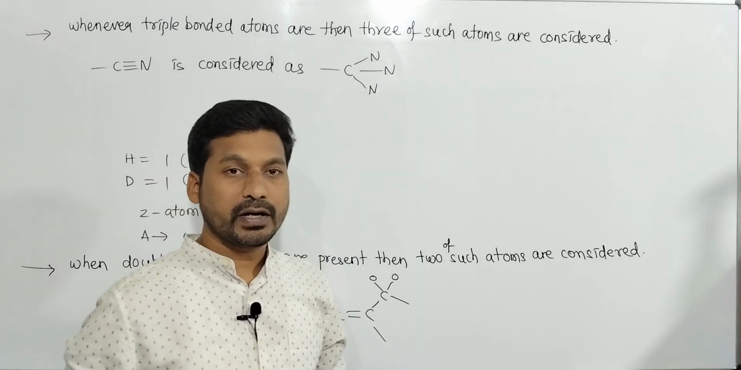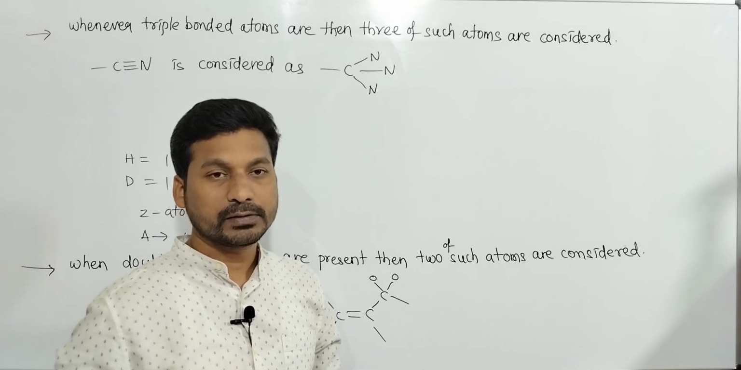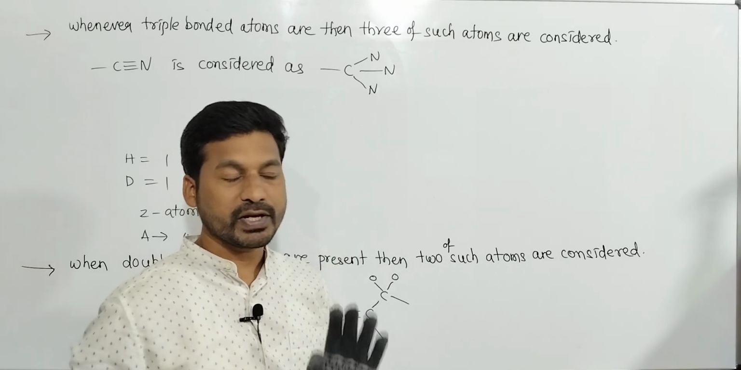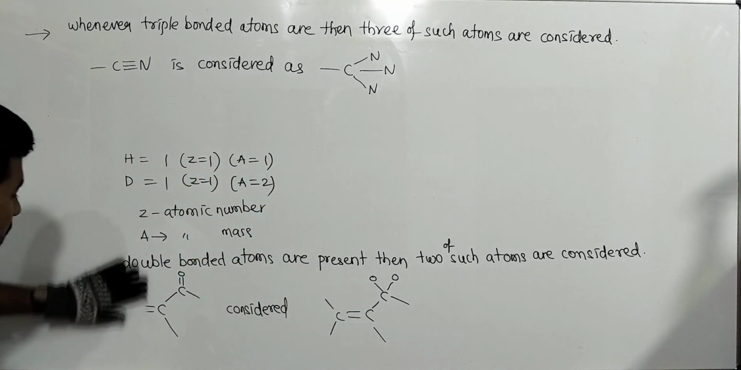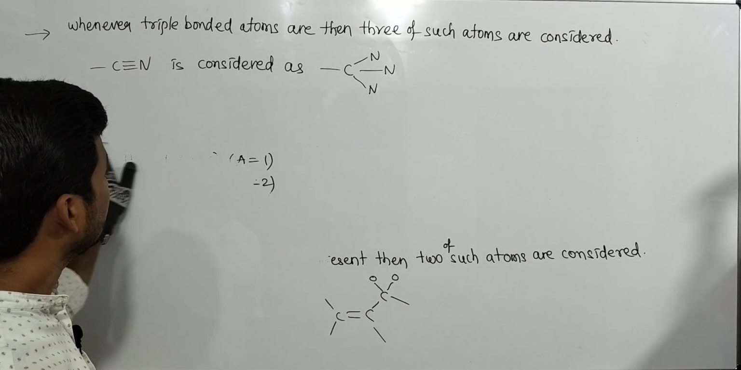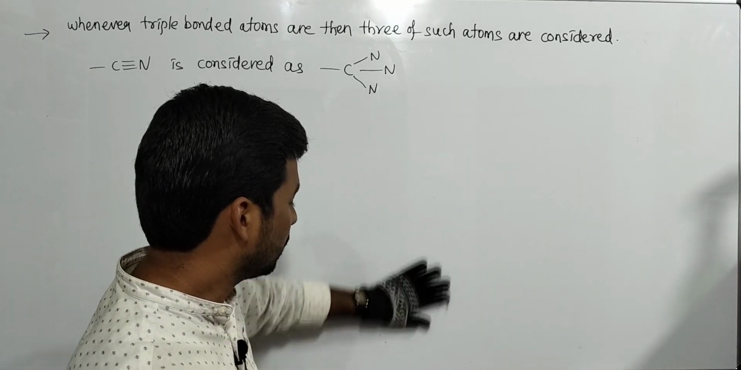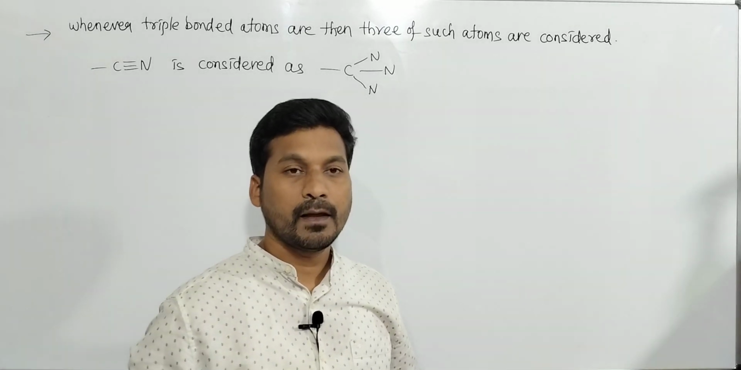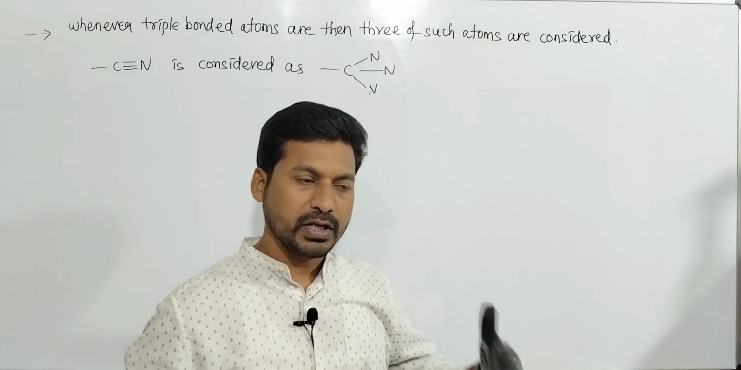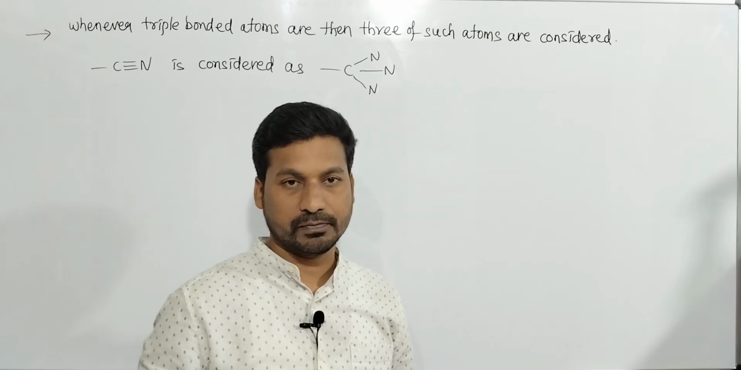So after assigning high priority groups, if two high priority groups are present on the same side, we give the prefix Z. If two high priority groups are present on opposite sides, we give the prefix E. So this EZ notational system is used for geometrical isomers. EZ isomers, cis trans isomers, syn anti isomers, all are the same. Geometrical isomers with EZ, cis trans, syn anti notations are possible due to restricted rotation. Okay, next,